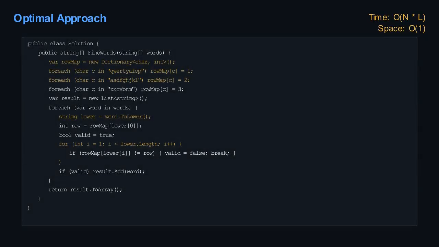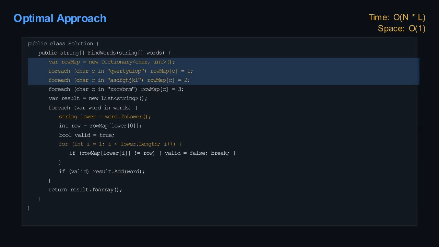The key insight is to pre-compute a lookup table that maps every lowercase letter to its row number. First we fill a dictionary: all letters in QWERTYUIOP get value 1, ASDFGHJKL get 2, and ZXCVBNM get 3. Then for each word we lowercase it, read the row of its first character, and scan the remaining